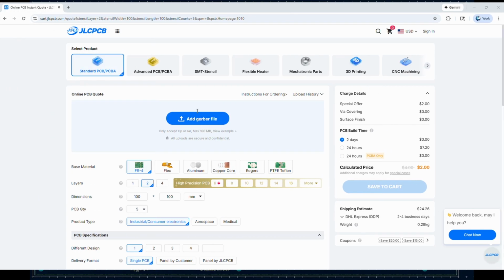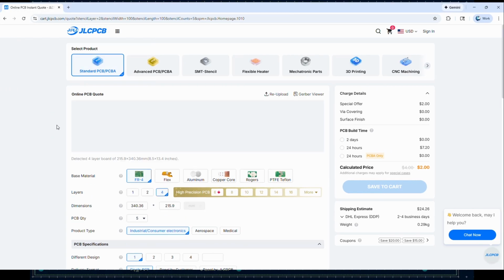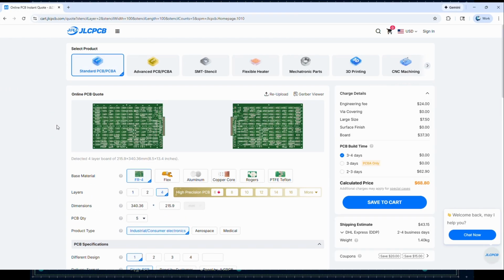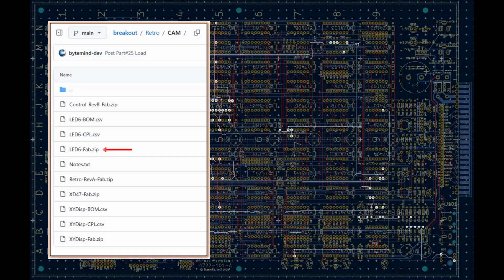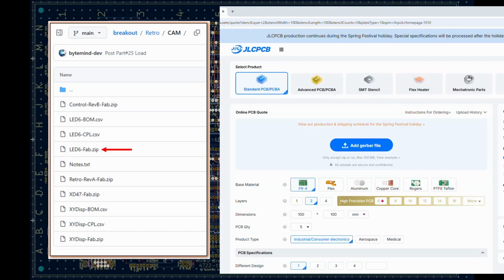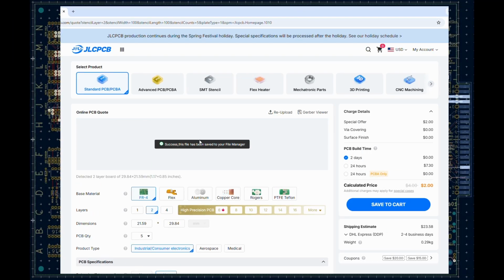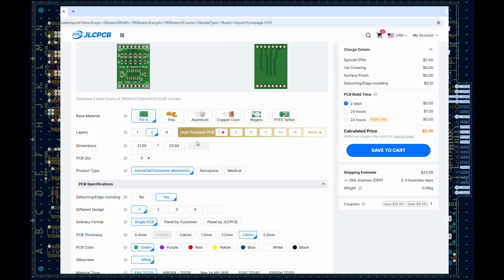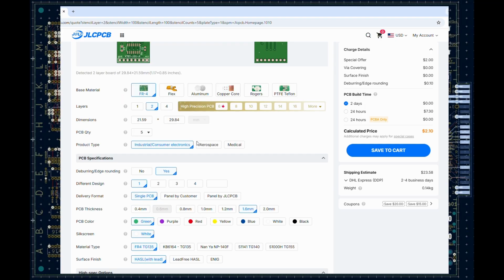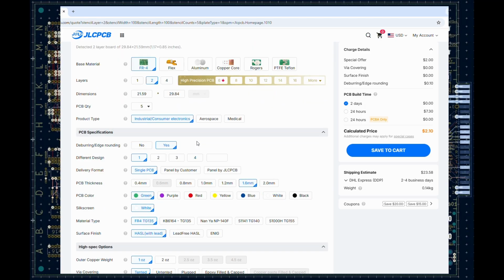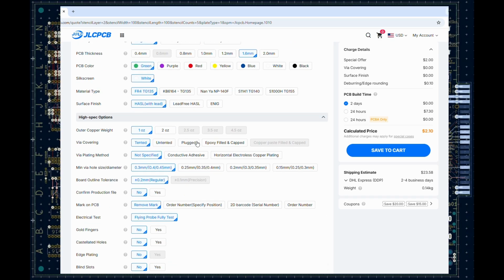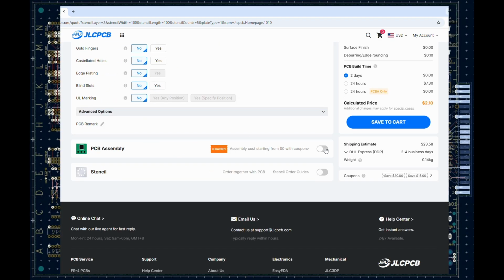The system will analyze the files and allow you to select various options. For the retro itself, I would select chamfering of the connector, and you could optionally add gold plating to the fingers. For the LED widgets, the process is the same. Drop the file and choose any options. You get 5 boards, but you can bump that up or even have them automatically panelize it for more. If you also want JLC to assemble these, then scroll down to the bottom and turn on assembly.